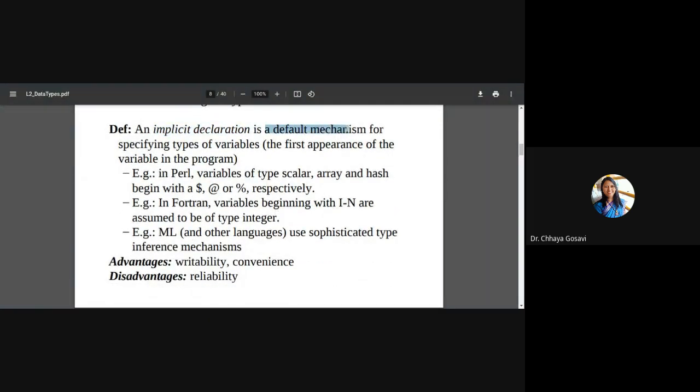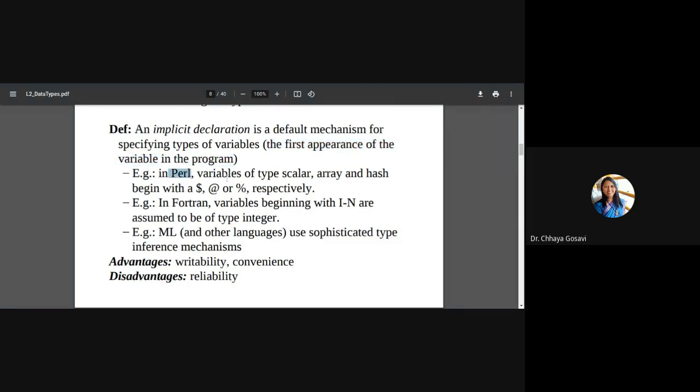Implicit is the default mechanism for specifying types of a variable. So whenever a variable first appears with its value, the type is decided by the compiler. Before Python, there are many languages which have used implicit declaration, like Perl. Perl is a language.